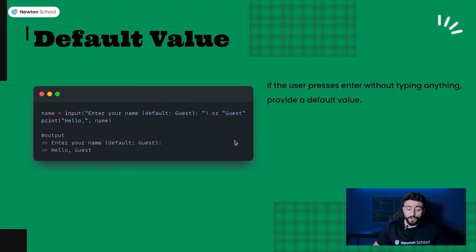So the next one is default value. If the user presses enter without typing anything, what will happen is you will not give any input. Input function will try to check the user input, but there will be no input, so it will give an error, right? But if you want to give some default value, you can give it like this, input or guessed. So if the user does not give any input and presses enter, it will take the default value whatever you are giving after or. So it will print hello, name will be guessed